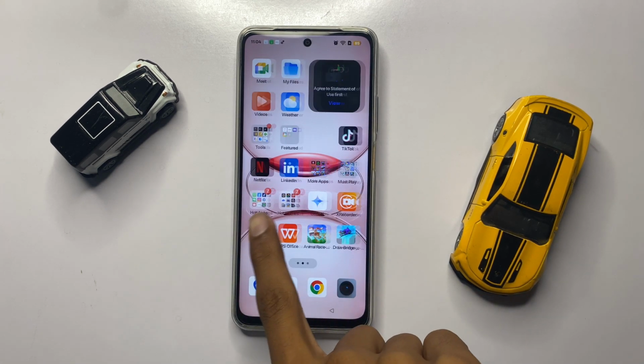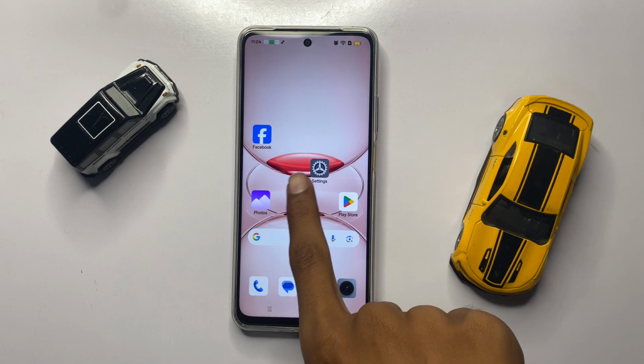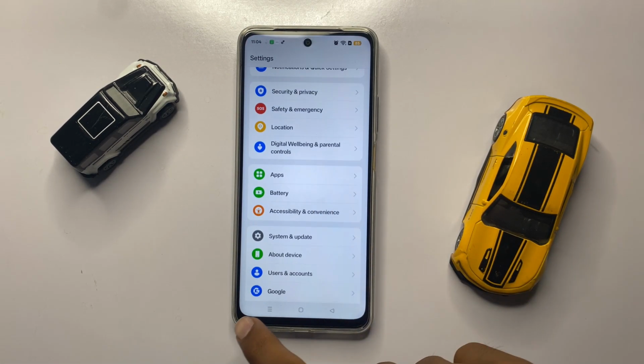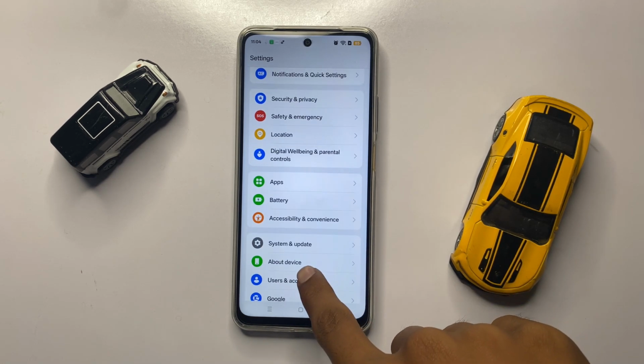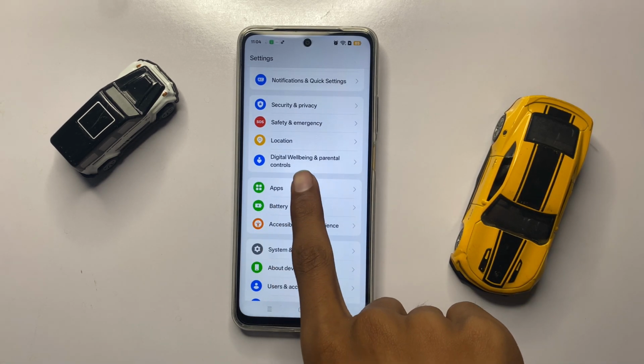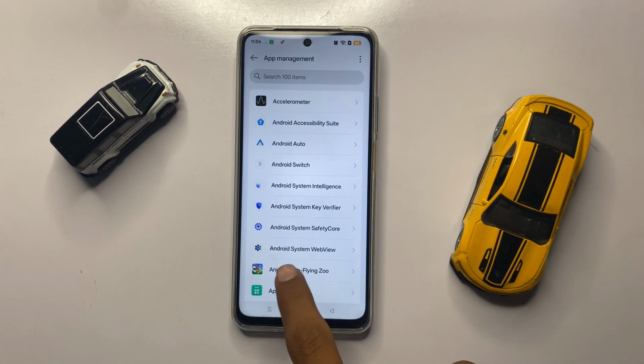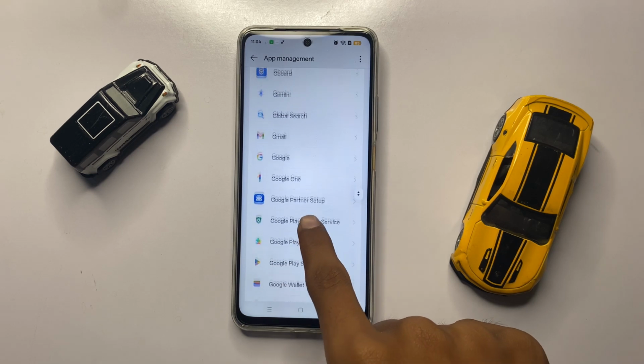First of all, open settings. In settings, scroll down and here you can see the option Apps. Now click on Apps and then click on App management. Now scroll down and click on the Messages app